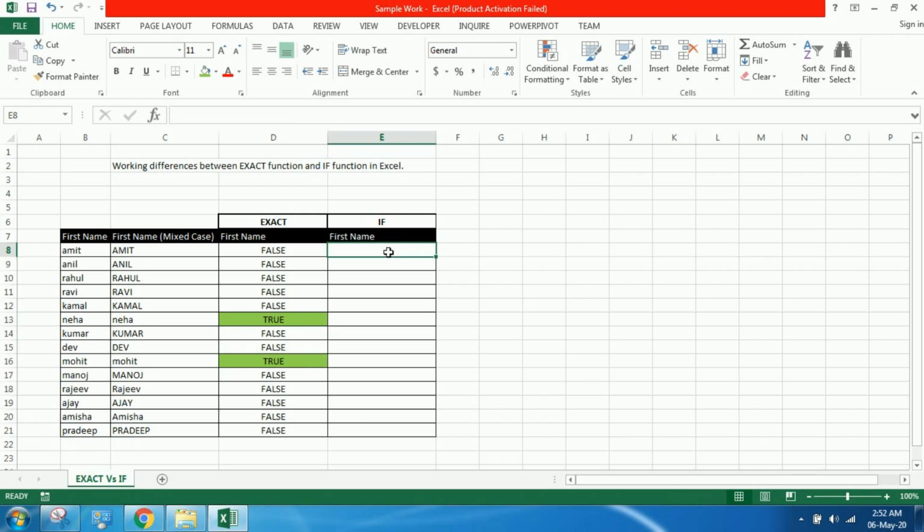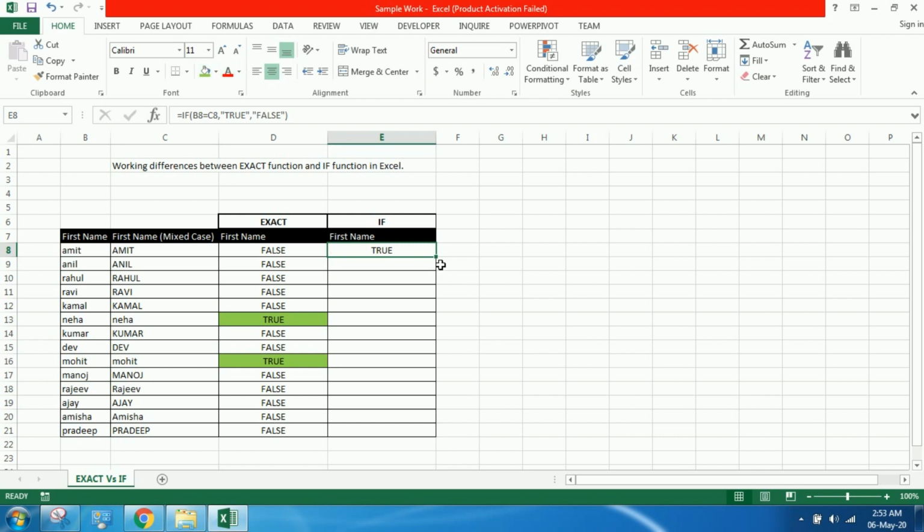Now we'll see how the IF function works, how the IF function compares two names. Equal to IF text 1, text 2, then if Amit from column B and Amit from column C are equal, then it will give true.